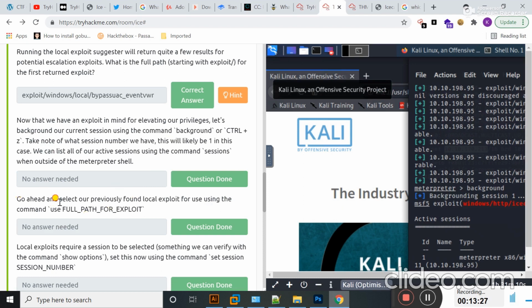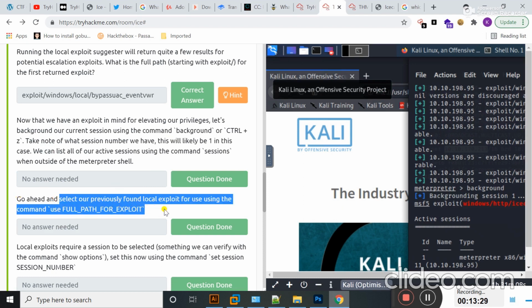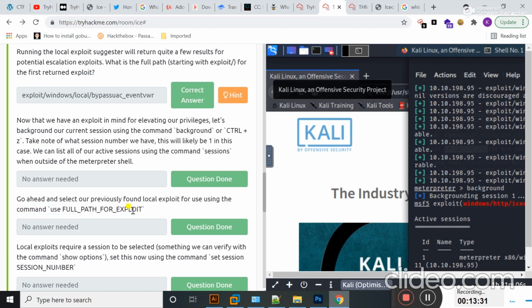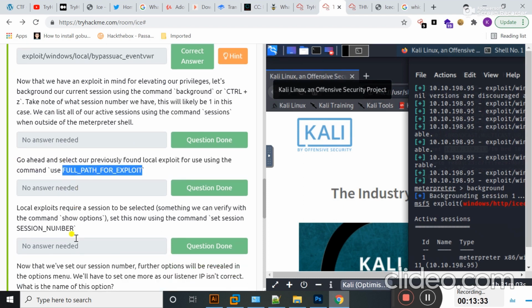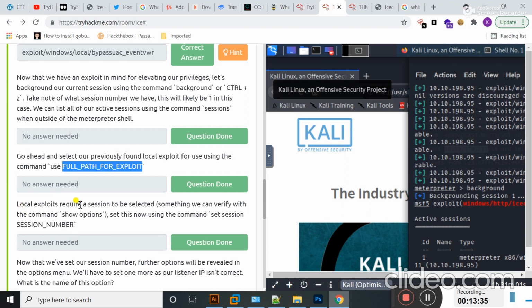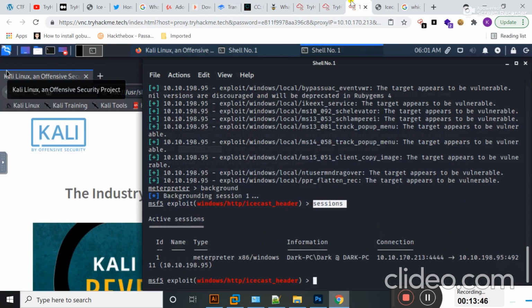Okay, go ahead and select our previously found local exploit for use, using the command use and the full path for the exploit. A local exploit requires a session to be selected. Now students, I'm going to use this exploit that I found.